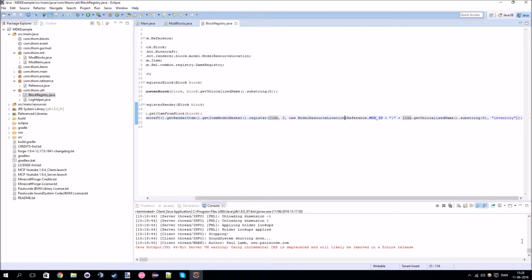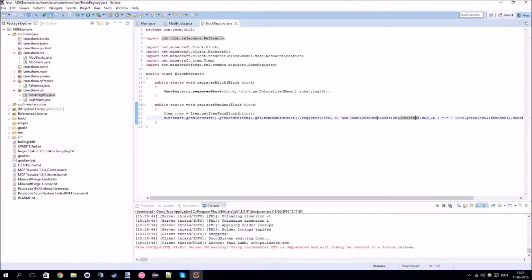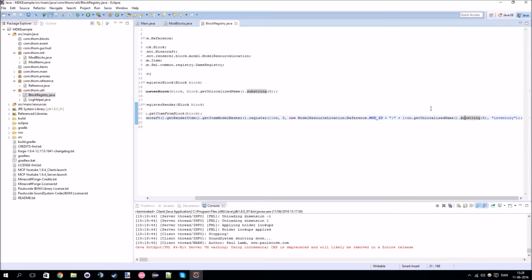And then we want to pass in a model resource location. This is the location for the render, pretty much, for the texture initially. We pass in the mod ID and the unlocalized name of the item or the block, and